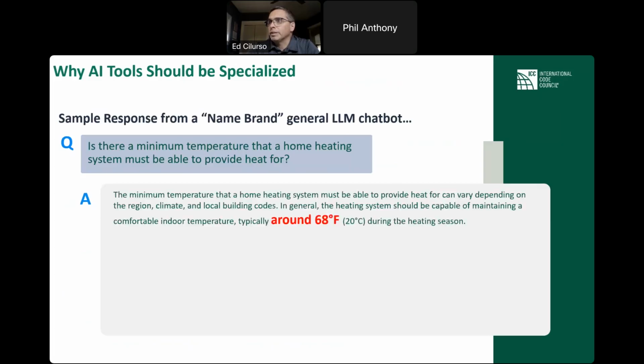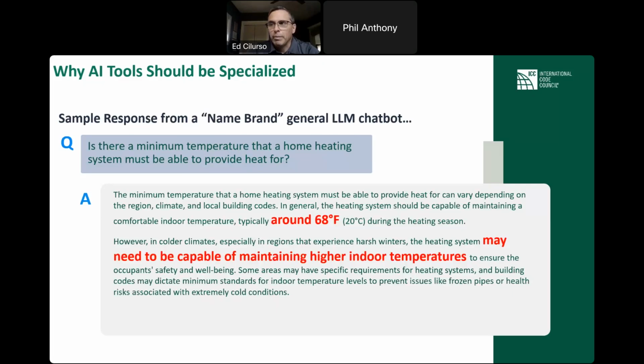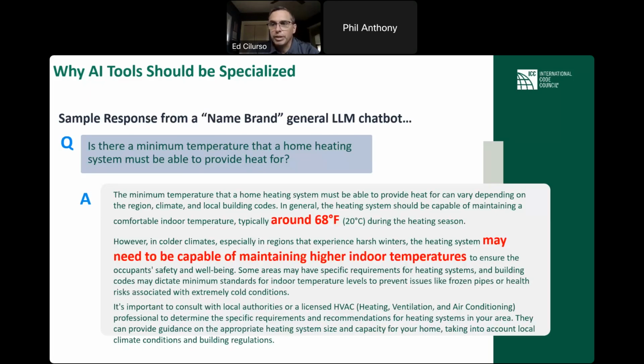Something really important to understand is that the way we build AI Navigator is to continually test and refine it, and to work specifically with controlled data for it. So this is an example I do in some other presentations. What I call a name brand, the general LLM chatbot, one that you could just plug into. And if we ask it a pretty typical question for AI Navigator, is there a minimum temperature for a home heating system? It generalizes quite a bit in the answer, and it does something else, which is called hallucinating, right? So I cited a couple of bits of its answer here. It's saying around 68 degrees, which is obviously not how the code is written at all. It doesn't generalize in that way.